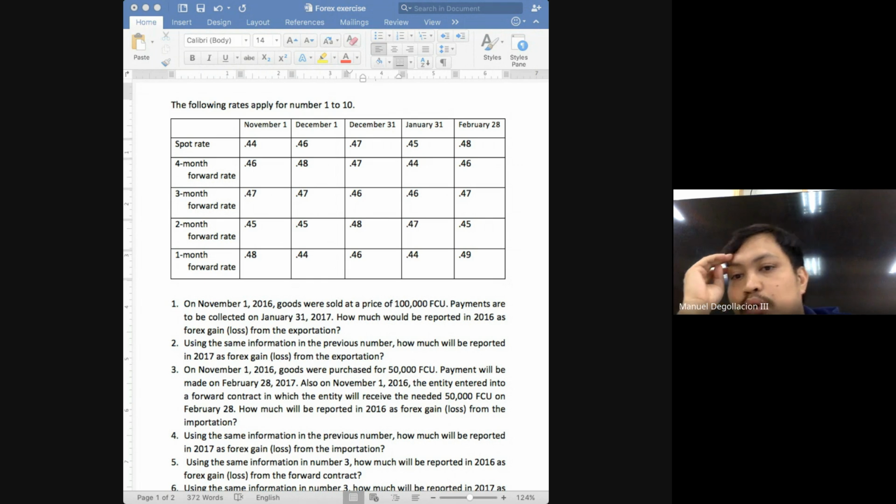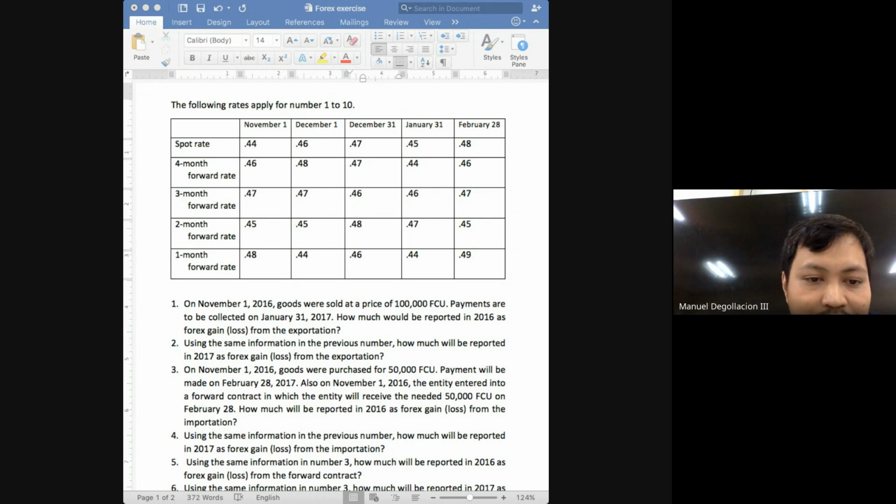Okay, the next question is, what spot rate are we going to be using? Since we are now on January 31, the spot rate that we'll be using would be the spot rate on January 31. And how much is the spot rate on January 31? 45. So that means the equivalent value of the 100,000 foreign currency is how much, class? 45,000. So that means on the settlement date, the accounts receivable should be adjusted down to 45,000. And how much was its previous balance, class? 47. So we will bring it down to 45.